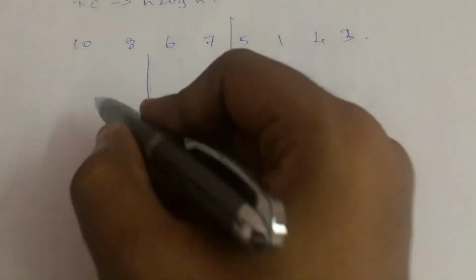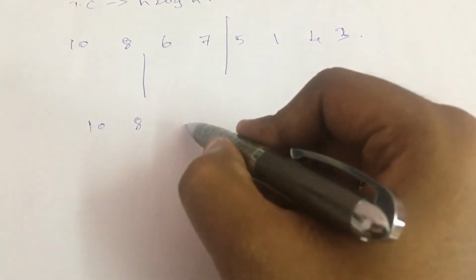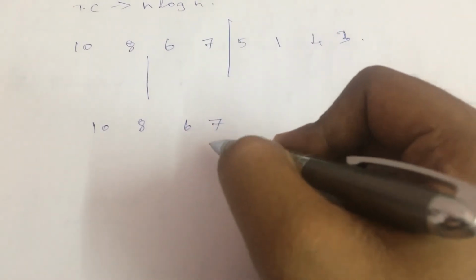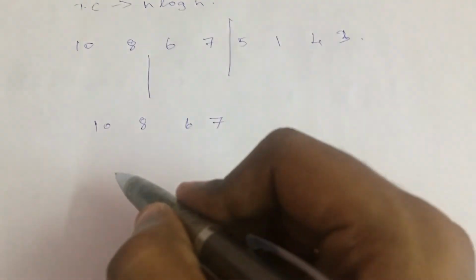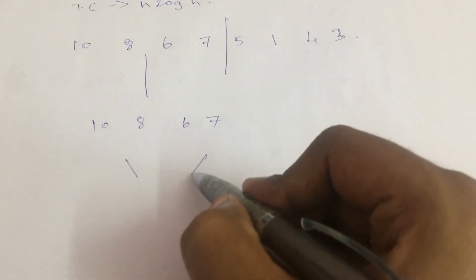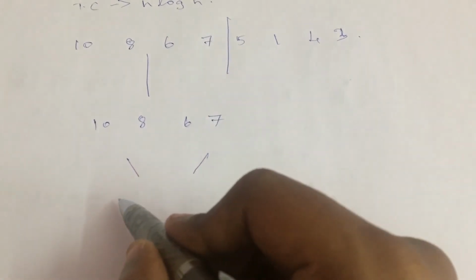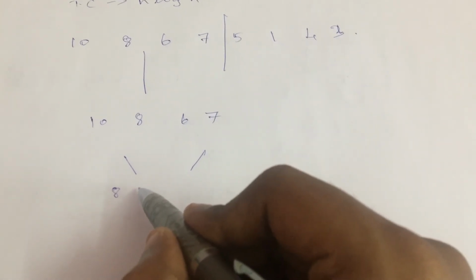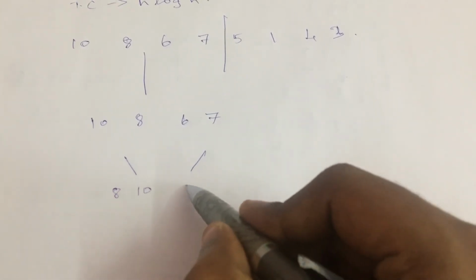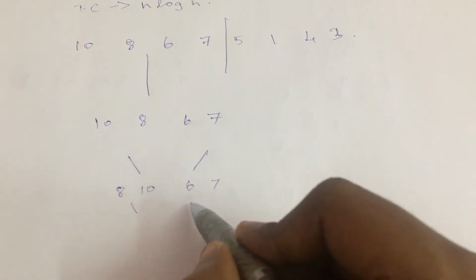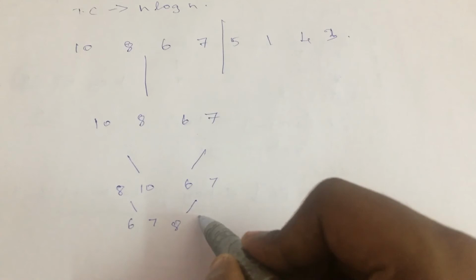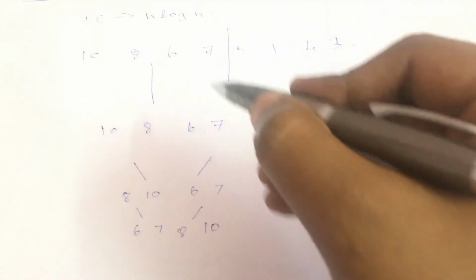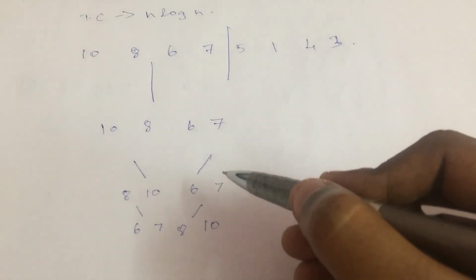So now this will be again split into two teams, with 10 and 8 as one team, and 6, 7 as another team. When I receive only two elements here, these elements will be internally swapped by themselves, and these four values will then be merged into a proper order. Like it will be 8 10 over here, and here it will be 6 and 7. So when I come to the final step, it will look something like 6 7 8, and at last it will be 10, right? So this is how the left side team works.